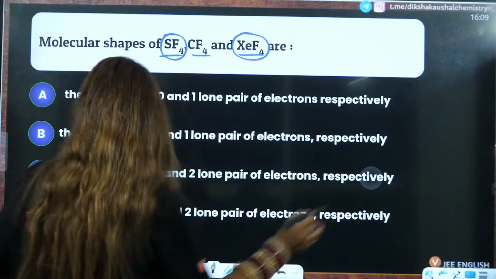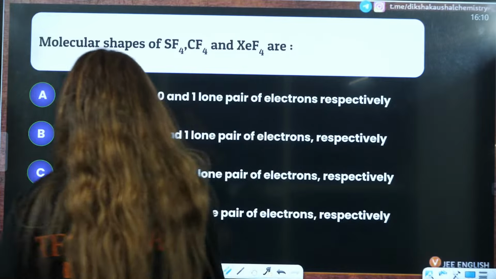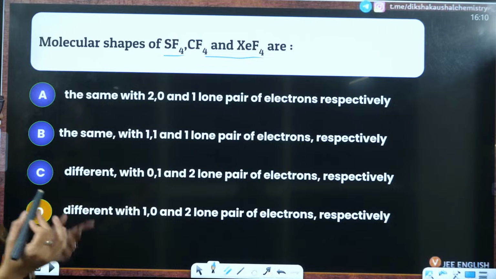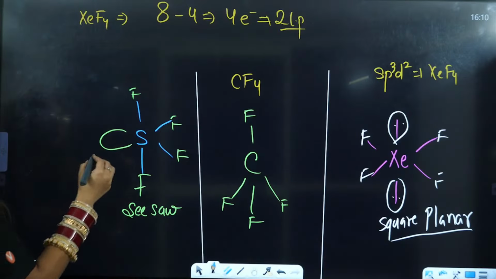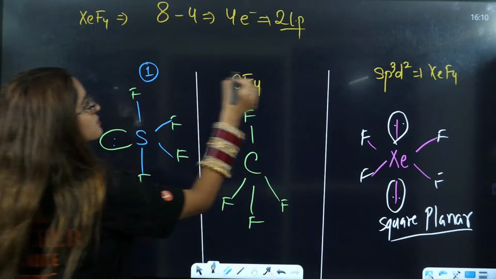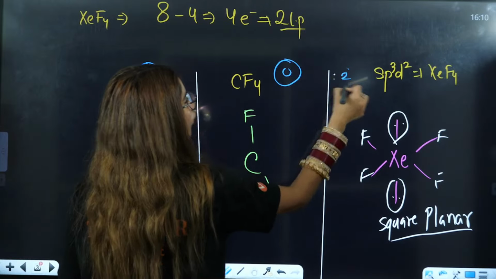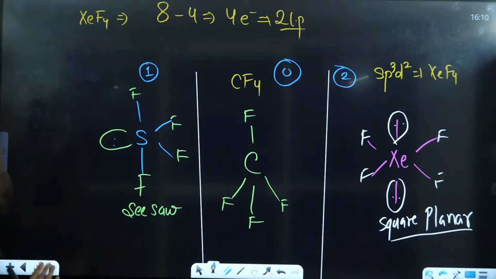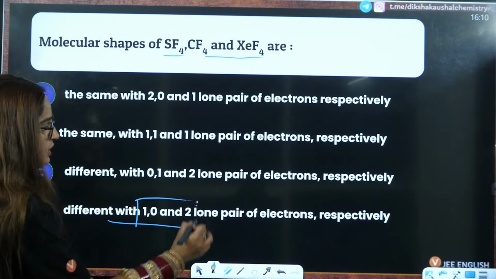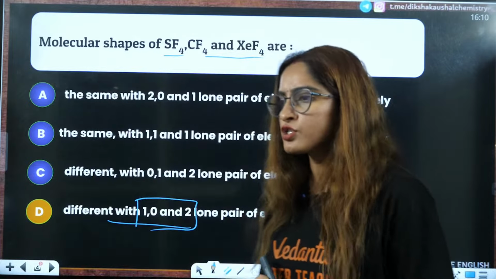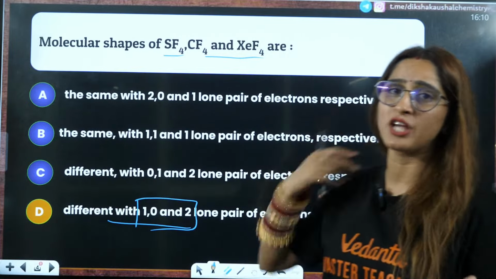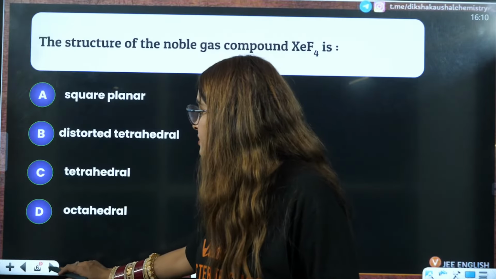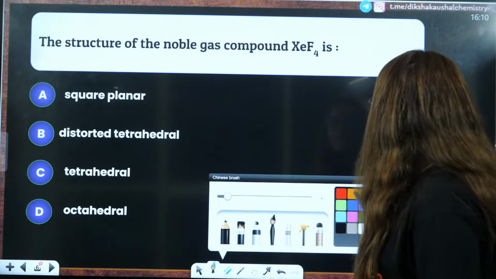Here they are asking you the molecular shapes of these, and also the lone pairs. They have 1, 0 and 2 lone pairs here. So they are asking questions on different things: shapes, lone pairs, mixed questions with coordination chemistry. These are the kinds of questions they are asking. Next is